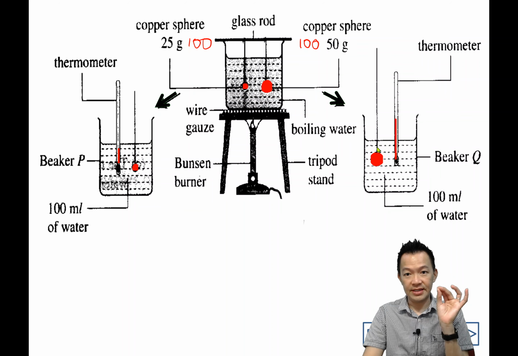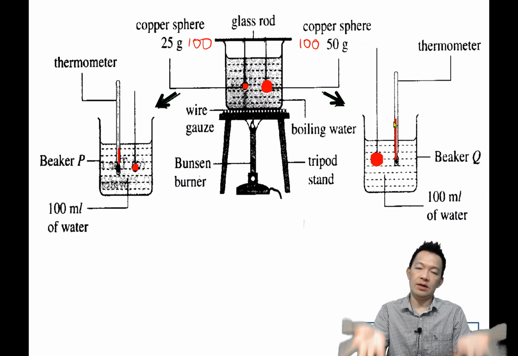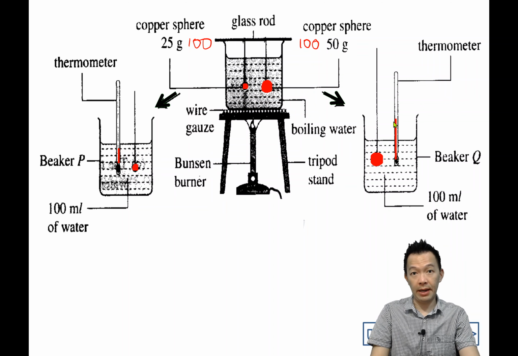The bigger the mass, the more particles it contains. 质量越大,它的 particle 就越多,它的热能就更高,所以 cause the rise of temperature higher,明白吗？